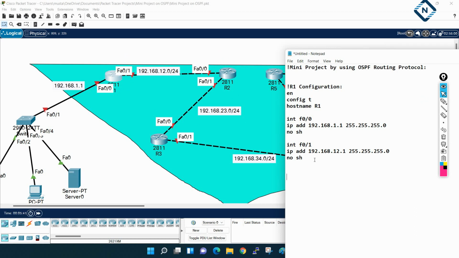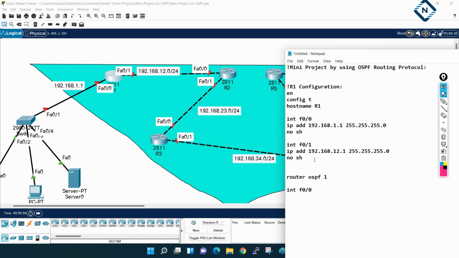Okay, now we need to write the routing protocol. We need to configure it. So we will write router ospf 1. If you want to give the router ID, you can give. Even if we do not give, automatically the router is going to take the router ID. Then I need to apply inside this interface. I am going to use the interface method.